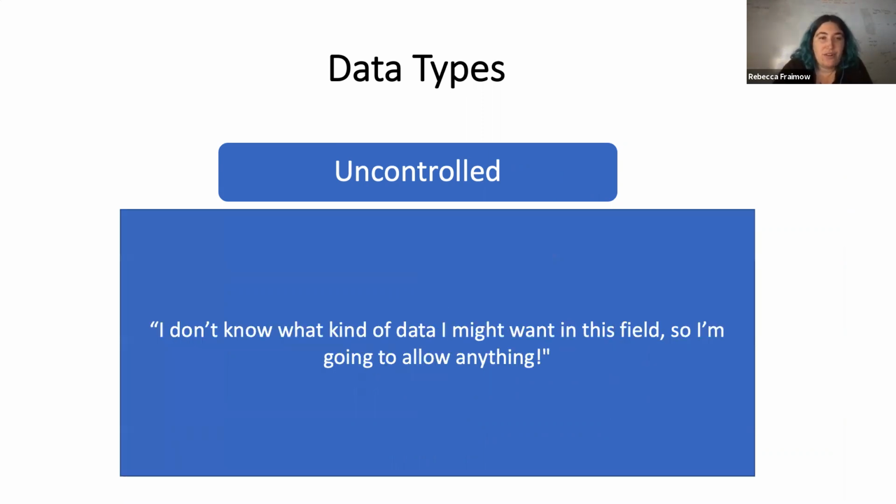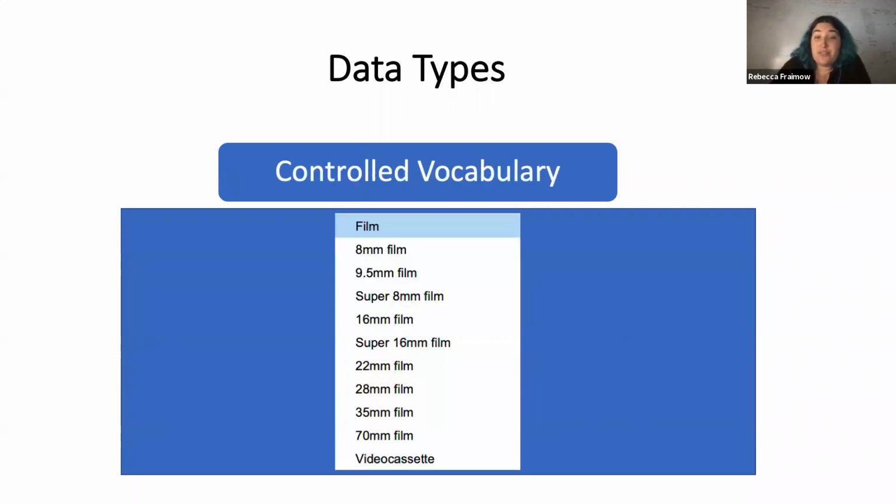You can have uncontrolled data in a database. Anyone can put any kind of data in the field. It will be unstructured. This might be good for a description field that might require many different formats. You can have a controlled vocabulary, which will usually be seen in a database as a drop-down list that's populated